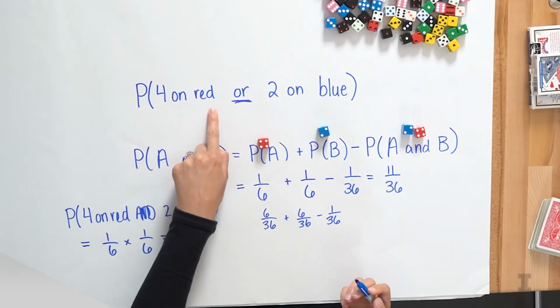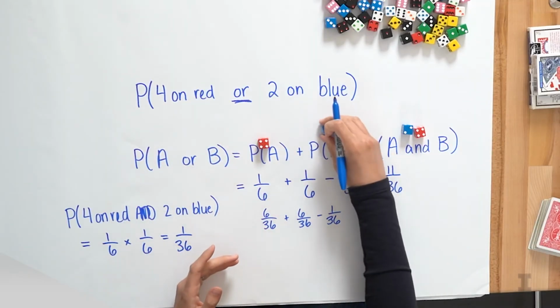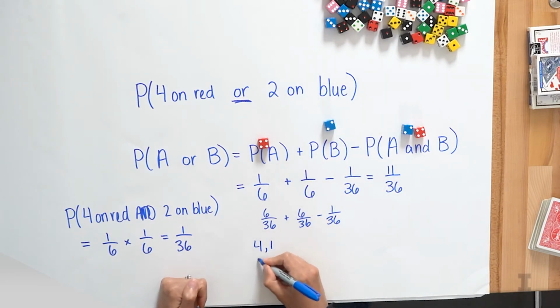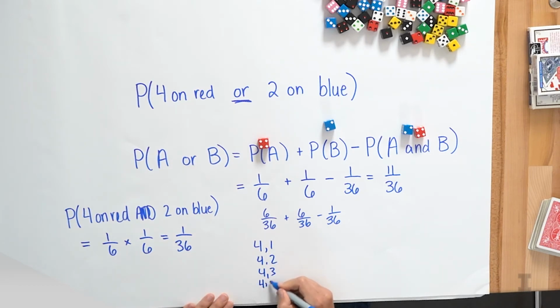So I sometimes like to think with this example, it's a little complicated to list out all the possibilities. But if I'm thinking about rolling a red die and a blue die, I could say the probability that I get a 4 on the red, and I could get anything else on the blue. So I could get a 4 and a 1, a 4 and a 2, a 4 and a 3, a 4 and a 4, 4 and a 5, and a 4 and a 6. So those are all the possibilities if I roll 2 dice that I get a 4 on the red one.